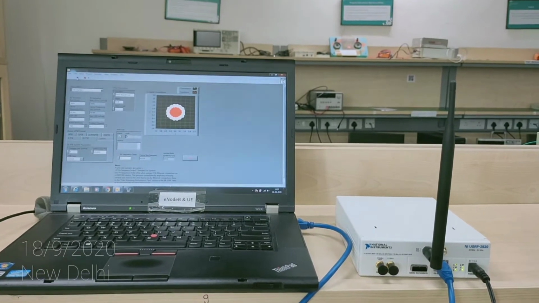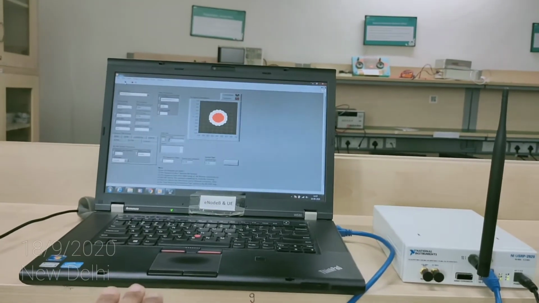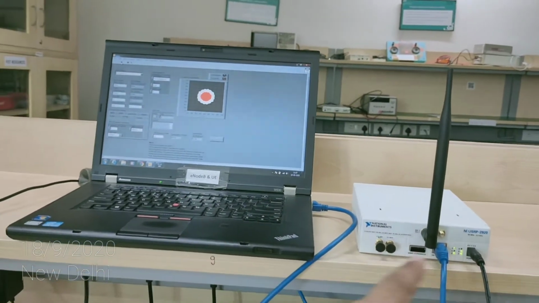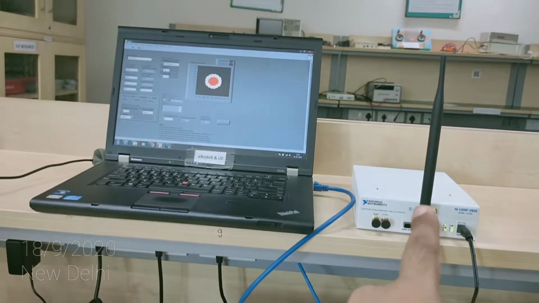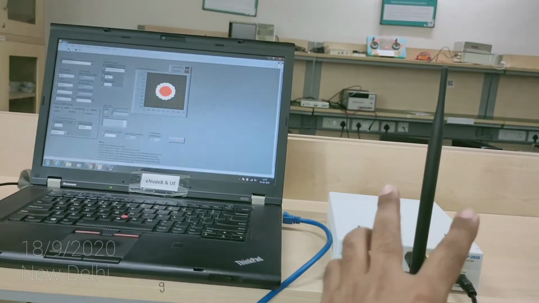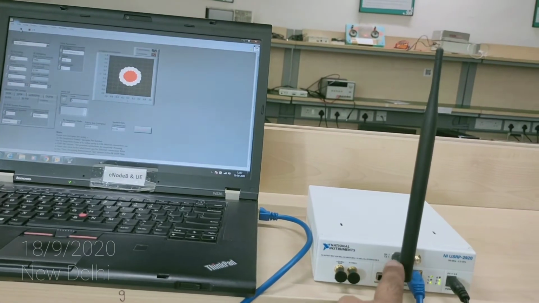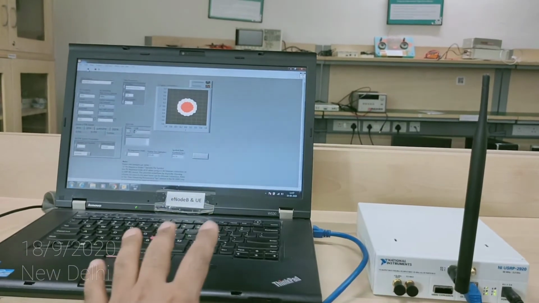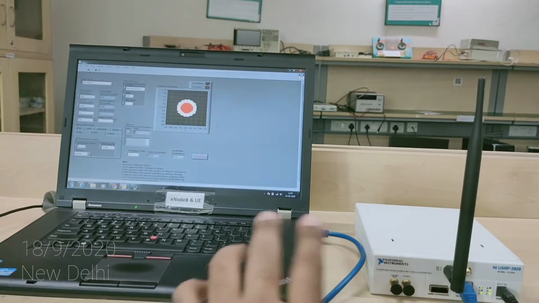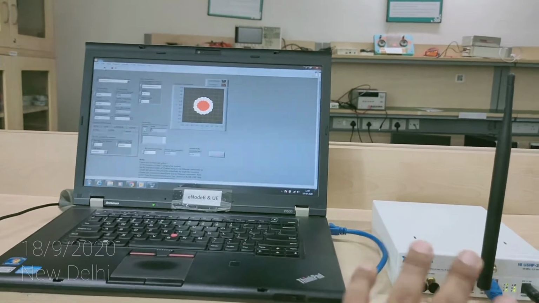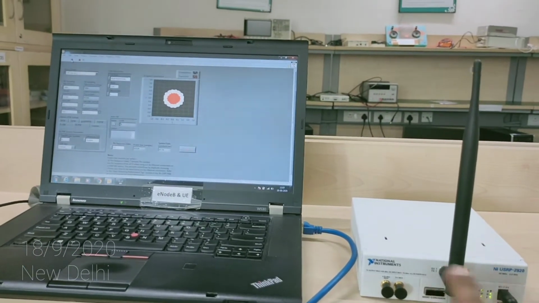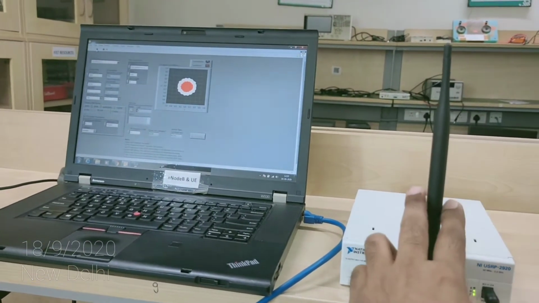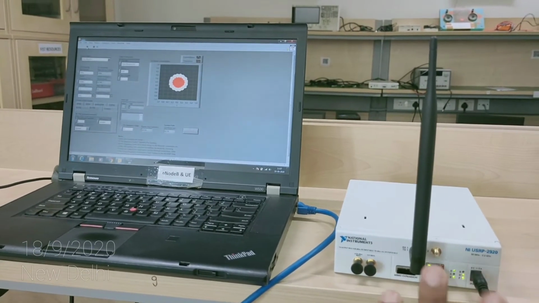So this is the transmitter end. We have this host PC, the host laptop, that has been connected to the NI USRP2920 using a LAN cable. We have connected a vertical 900 antenna at its transmitter end, TX1, right? So we have to tell LabVIEW on which particular port we have connected the antenna. This USRP2920 has two receiver ports and one transmitter port. These are the SMA ports. We are connecting this particular antenna in these SMA ports.